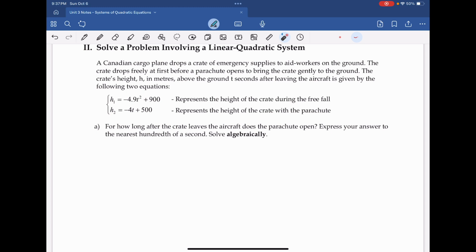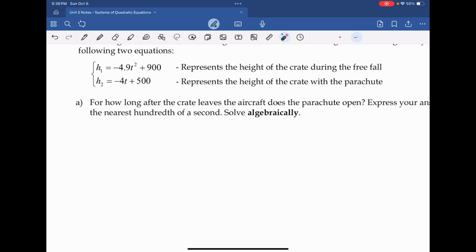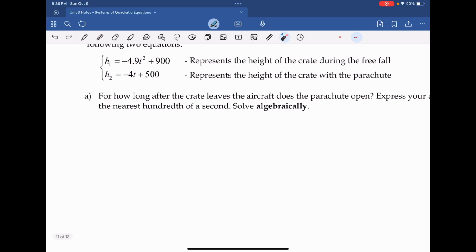All right, now, how long after the crate leaves the aircraft will the parachute open? Here's how we're going to solve this. Algebraically, we're going to either use substitution or elimination, and elimination might be our best method, but let's just see that in a second. What I'm going to do is look at this and be like,